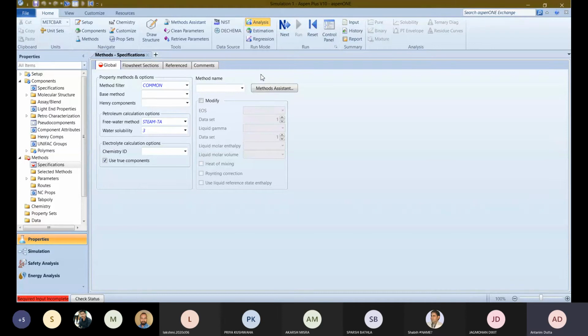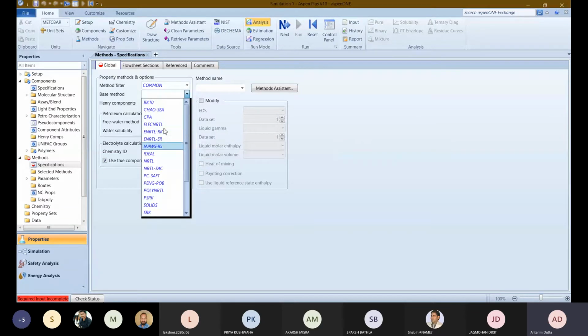Peng-Robinson. So what will happen is all the properties, अगर मैं इसके बाद मतलब इस स्टेप के बाद अगर मैं आगे भी बढ़ता हूं, अगर फर्दर मैं किसी भी प्रॉपर्टीज पे काम करता हूं लेट अस से, तो जितने भी वो प्रॉपर्टीज होंगी, whatever base method I have selected, that particular property will be calculated using this particular base method only. अगर सिस्टम में नॉन आइडियलिटी है, लेट अस से आई एम डीलिंग विद अ नॉन आइडियल सिस्टम, आई विल बी गोइंग फॉर यूनिक्वैक, आई विल बी गोइंग फॉर NRTL, आई विल बी गोइंग फॉर विल्सन मेथड. सो there is numerous number of methods present over here.